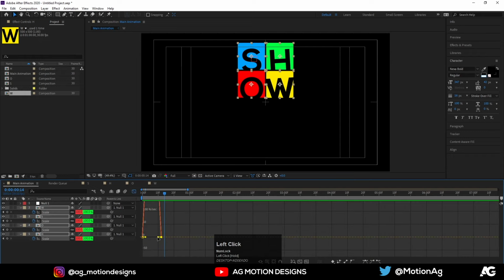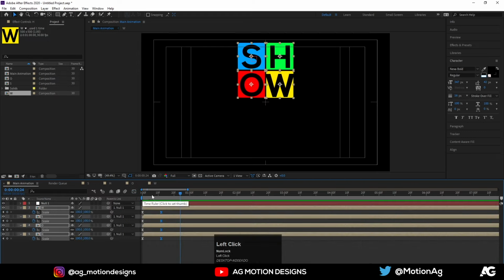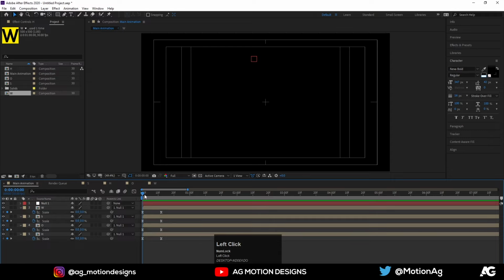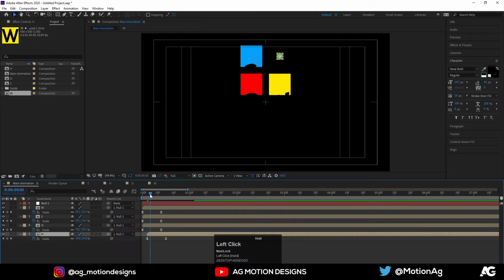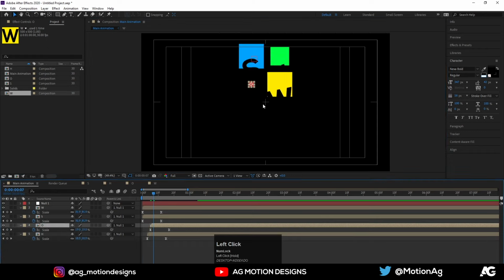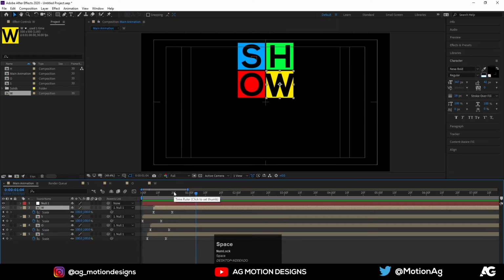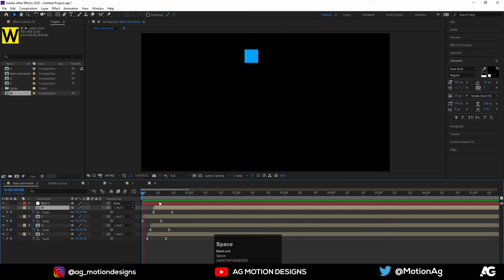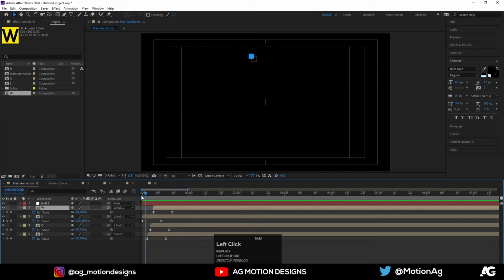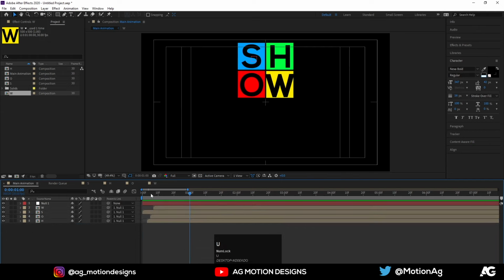Editor and adjust this graph just like that. Now we will animate this randomly. Adjust these layers just like that, and then W. So our animation will look like this. Yes, this looks good.